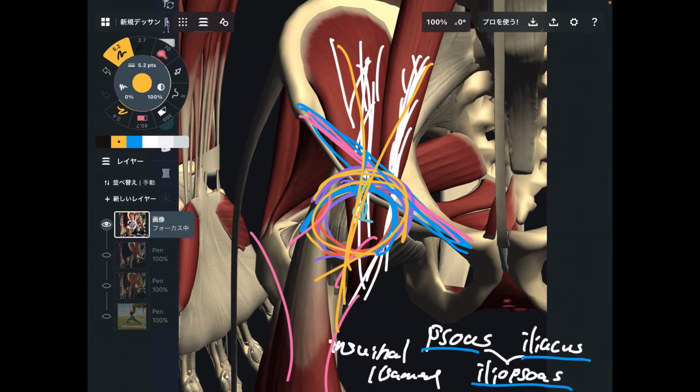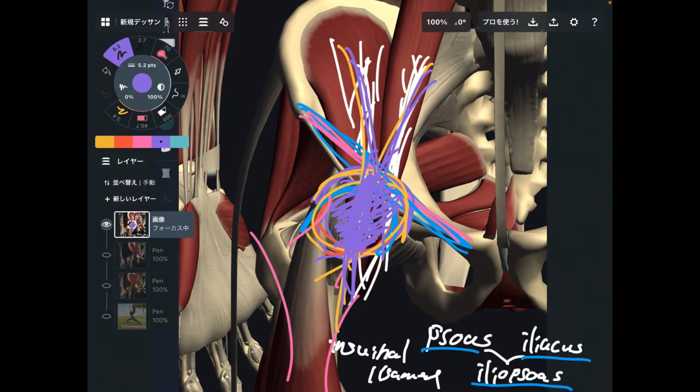If these two muscles get tight, you cannot stretch out the hip joint. You cannot extend your hip joint. Or when you do hip flexion, like a knee up movement, you feel some kind of stuck around here. Most likely, your iliopsoas is tight, and then you cannot stretch out. Plus, you cannot use iliopsoas very well, and you feel stuck right here. They are literally close to the hip joint. If these two muscles get tight, of course, that can be a cause for anterior hip pain. Very important hip muscles. Number one, psoas and iliacus.